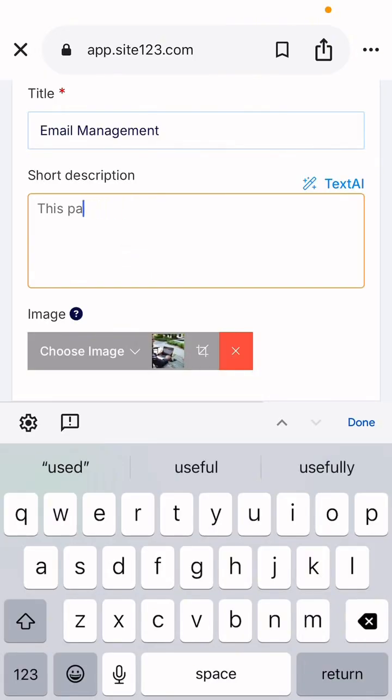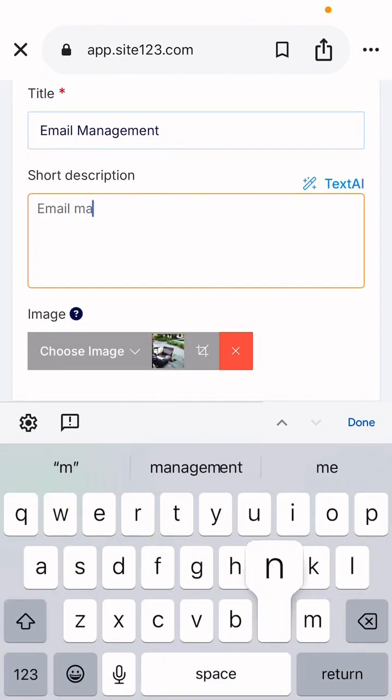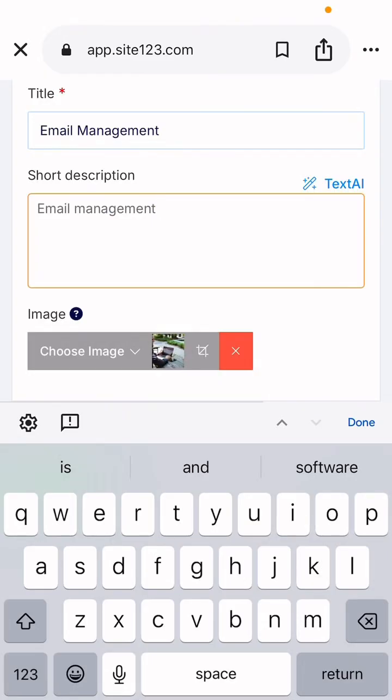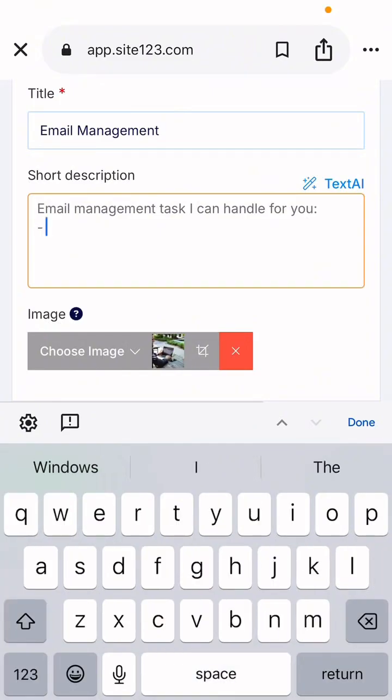You're going to now say what you do as email management is, I can handle, so you can say the email management tasks I can handle for you. So now you want to start listing what the tasks you can handle. So you're going to now say inbox organization,